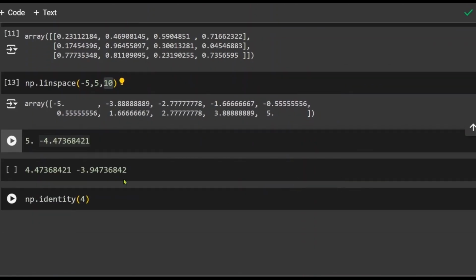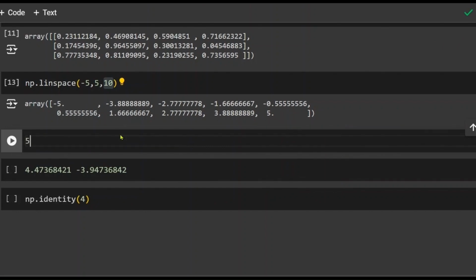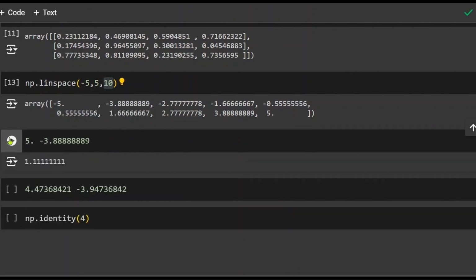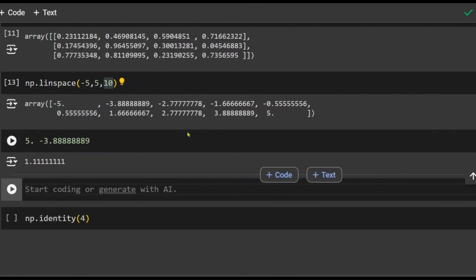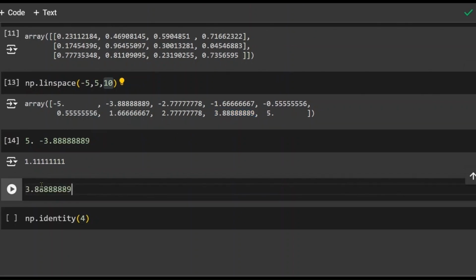Just to prove my point, I will just show it to you. We will calculate the difference. I just calculate the difference. 5.0 minus this number, right? So just to cross verify what we are trying to say when we talk about the lin space, okay? Then after that, what was this? Yeah, 3.889 minus 2.77778. Okay,